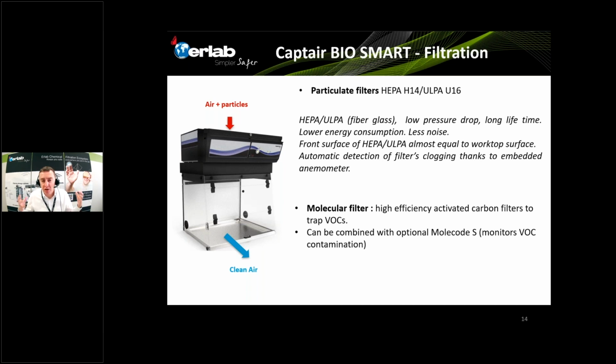The airflow that will pass through the filter is monitored in real time thanks to an embedded anemometer, which guarantees both that there is no clogging of the filter and no need to change it, and also that the front velocity ensures no contamination from the user to